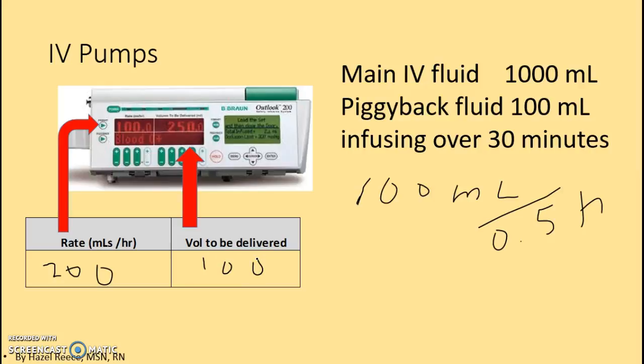Okay? Now, the thing is that the pump doesn't really know what you're doing up here. The pump doesn't know what is the main IV fluid, what is the piggybacked. All it knows is you're going to put in a certain amount in a certain amount of time. 100 mils at the rate of 200 an hour, which would make it 30 minutes. So after this 100 mils goes in, then the pump goes back to your main IV solution, and